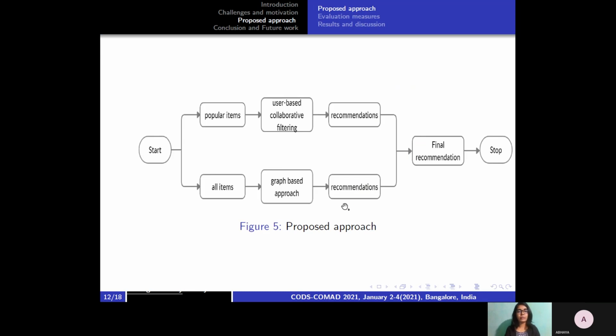Using these two pieces of information, inverse popularity and entropy, we will arrange the items in an order, and the top n by 2 items from the graph-based approach and top n by 2 items from the user-based collaborative filtering are combined, and n items will be recommended to the target user.